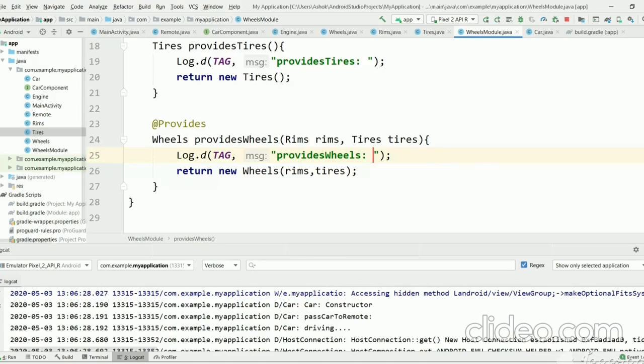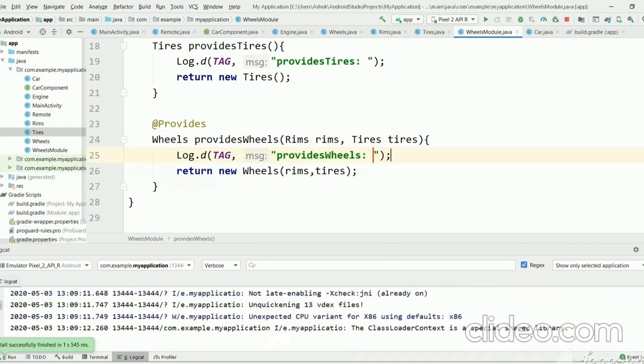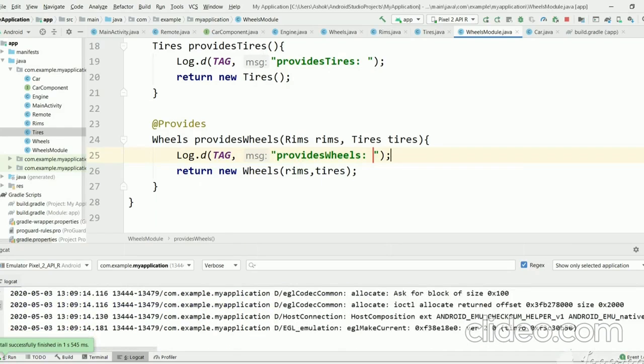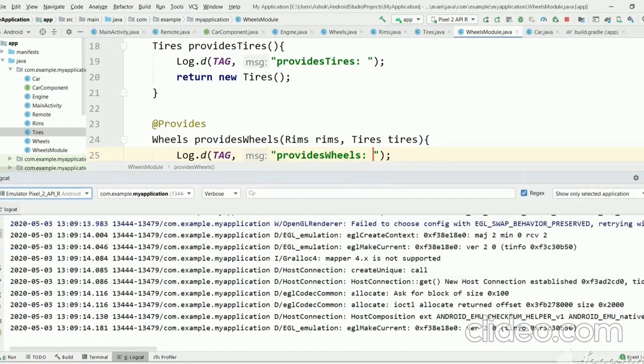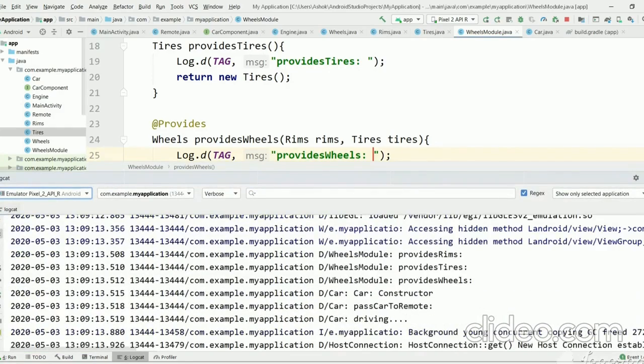Let's execute this and see. So as you can see, we have got an output: provides rims, provides tires and provides wheels.